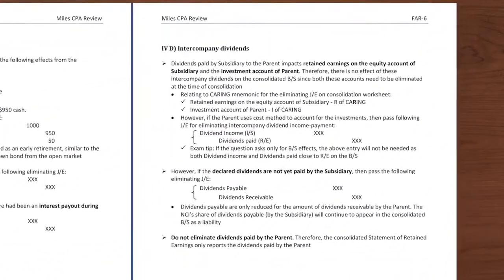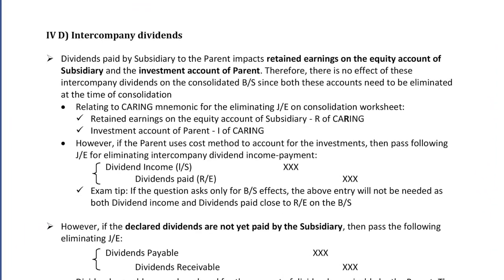Turn a couple of pages and get to page 19, where we're looking at highlight intercompany dividends. Now, dividends paid by a subsidiary to the parent must be completely eliminated during consolidation, as an entity cannot pay dividends to itself. Generally, there is no adjustment needed for dividends paid by the subsidiary to the parent, because dividends paid by the subsidiary to the parent impacts retained earnings on the equity account of the subsidiary and